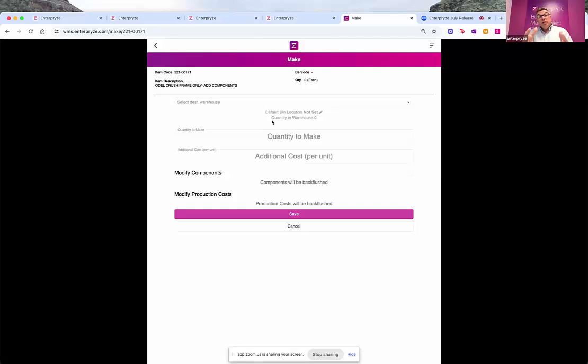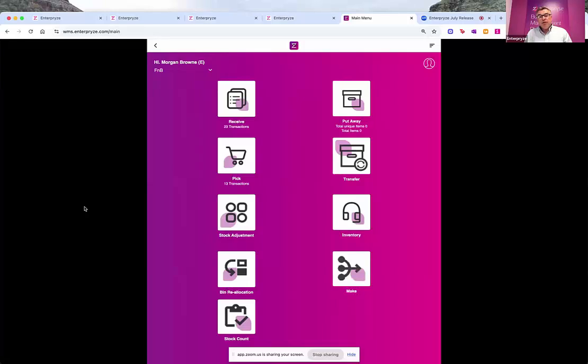So again, it's just linking up the functionality that's there today back into production orders as well, to give you the ability to do either planned production or, I suppose, regular discrete manufacturing, for want of a better term. And again, we've got all the other functions in here around your stock taking, transferring stock, receiving products in, all your batch and serial number traceability built in here as well,